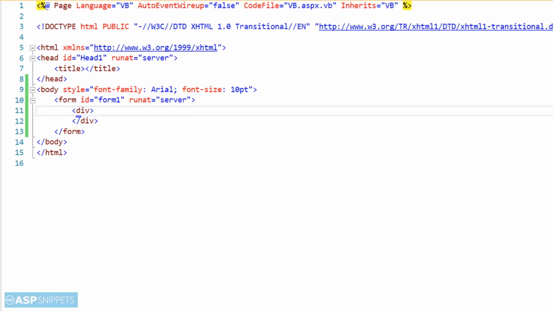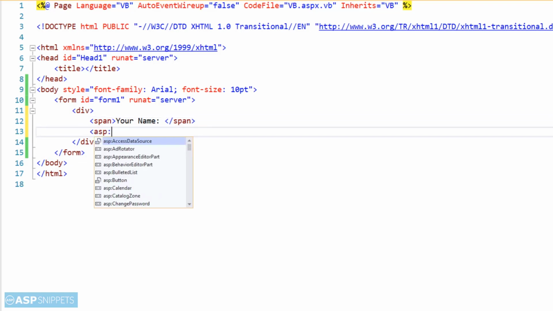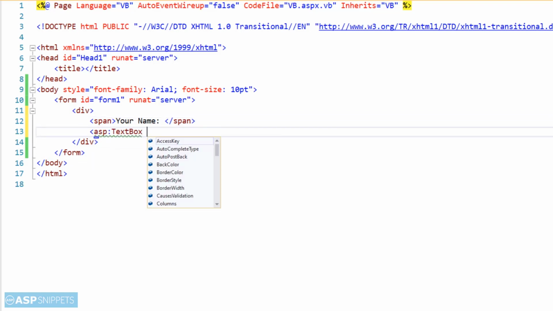So let's start. First I'm adding an HTML span which will act as a label. Next I'm adding an ASP.NET text box control.